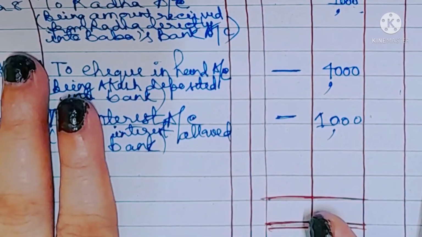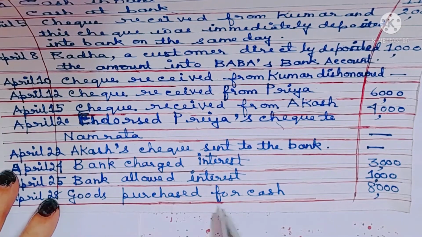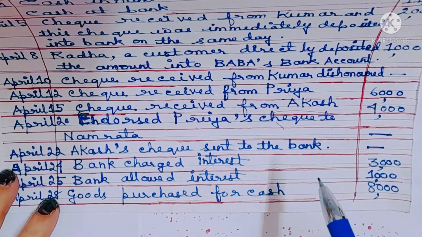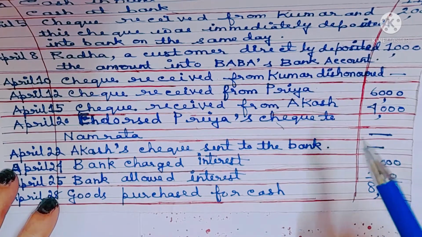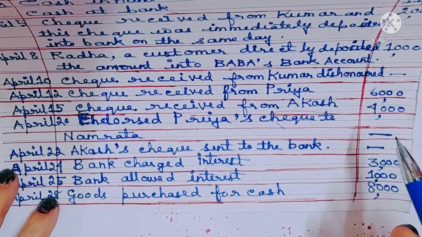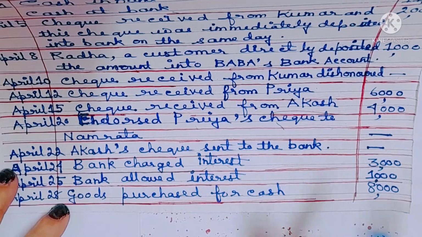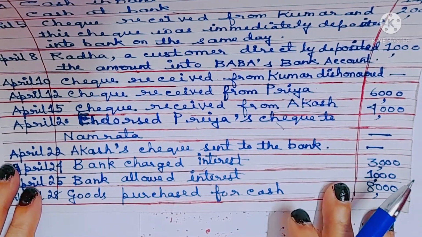Okay, let's see the last transaction. So, on 20th April, goods purchased for cash. So, this is the only cash transaction. We have done all the banking transactions. I have chosen all the banking transactions for you just to make you understand how to prepare journal entries in the cash book. Okay, this is very, very important because I know many students make mistakes regarding check received